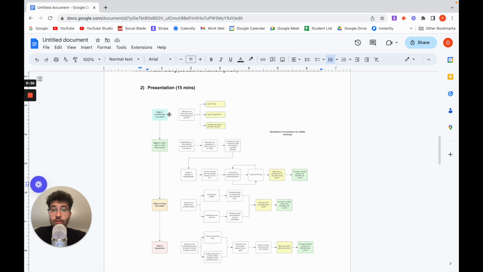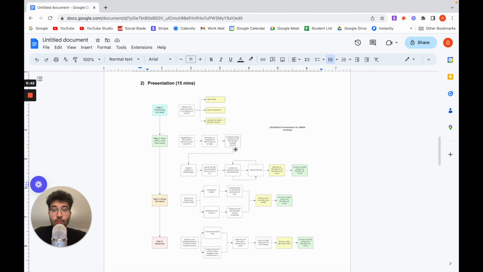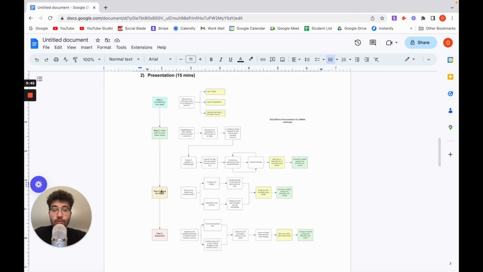I don't use PowerPoints. I think they're boring. I think everyone does it. They're not useful. For me, it's a waste of time. I'd rather do a workflow chart. Step 1, step 2, step 3, step 4. Each step we do this. Here, I'm just going to cover this, okay?